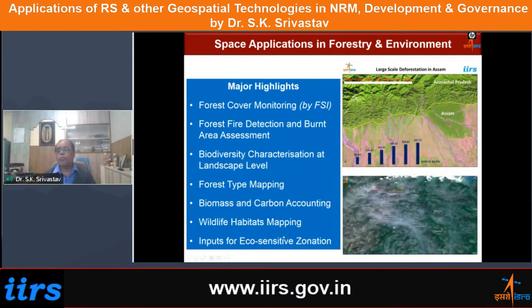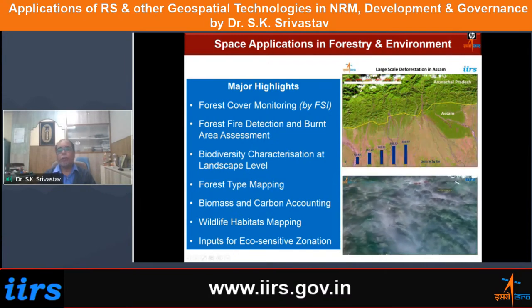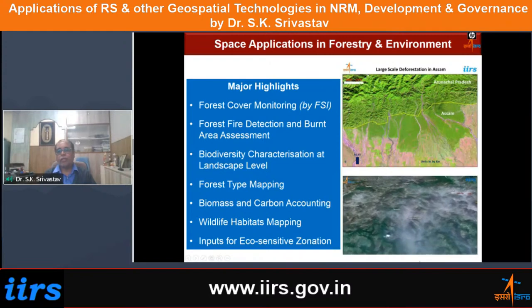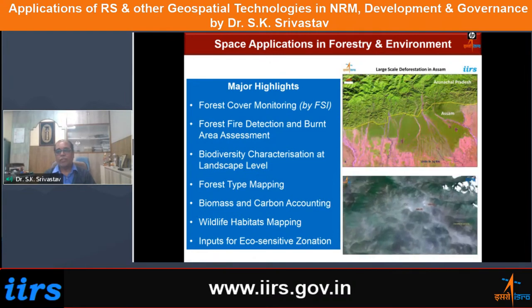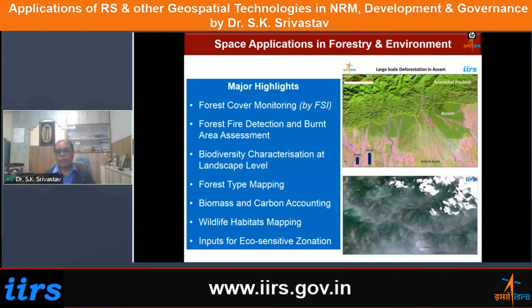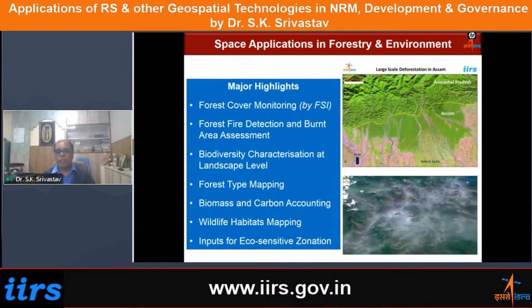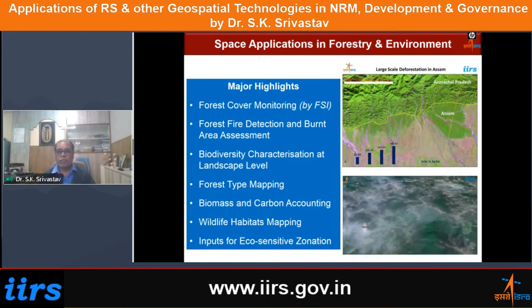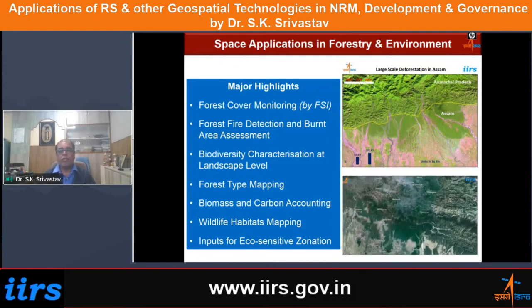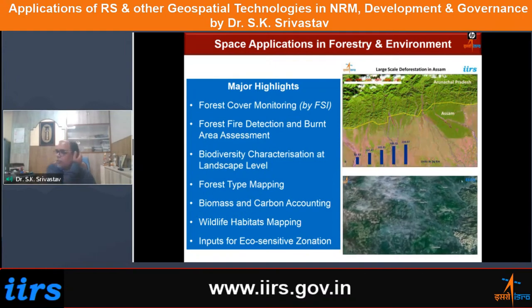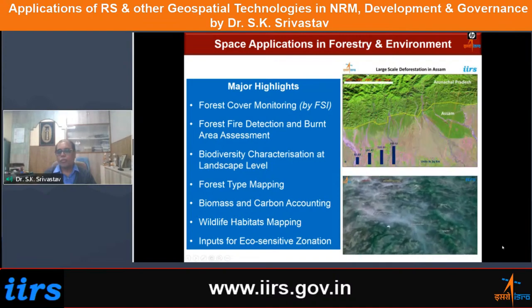Then those data sets are also being used for wildlife habitat monitoring, eco-sensitive zonation, and things like that. Okay, so there is one animation on the bottom right, which is showing you the forest fires. You can see the green wash, which is the intact forest cover, but you can also see a lot of haze. And that haze is being generated because of the forest fires. That haze is actually the smoke generated because of the forest fires. And if you zoom in further, you can see the forest fires. So this kind of animation can be generated using satellite images and then also provided to the people on the ground.